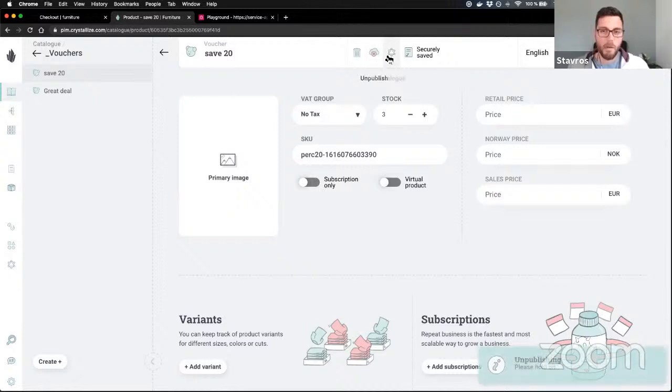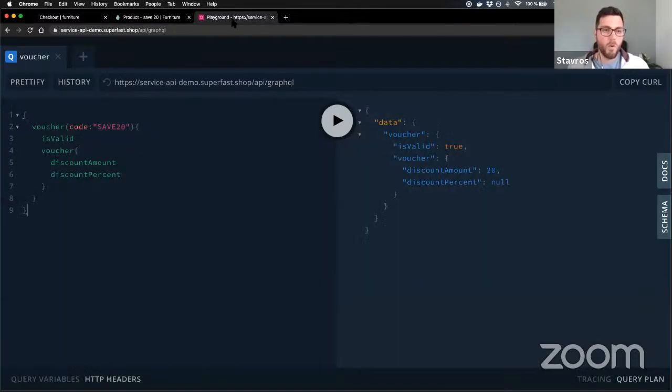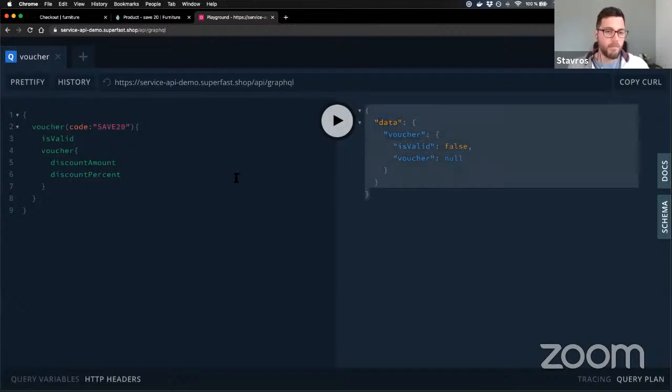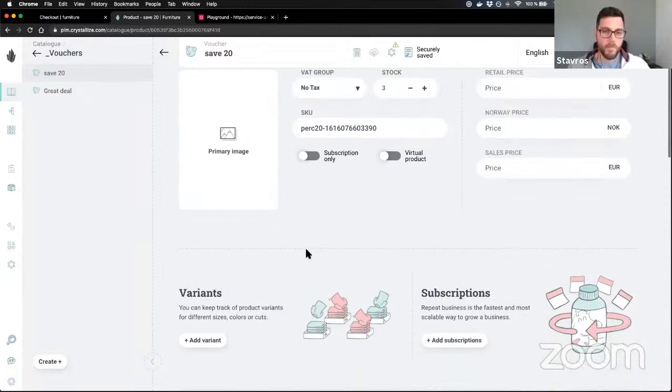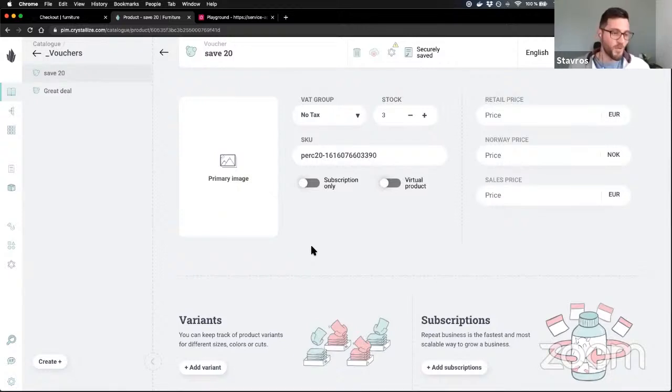So if I just unpublish it here and I go ahead and check it again, then I get an invalid voucher. So it's very simple to have some processes that fit our model, in our case. I just like the idea. I just want to point out that essentially you can have many ways